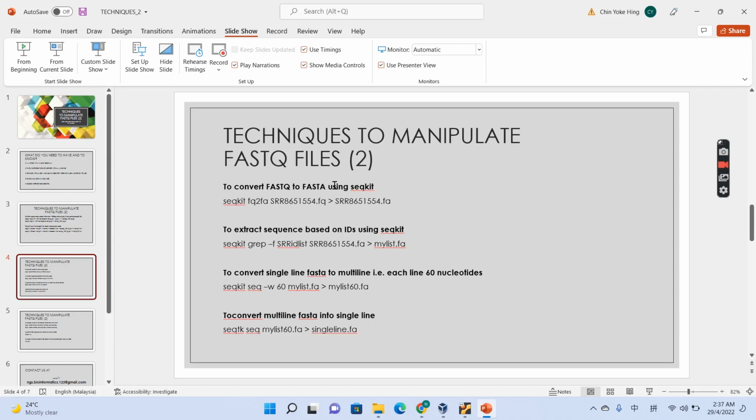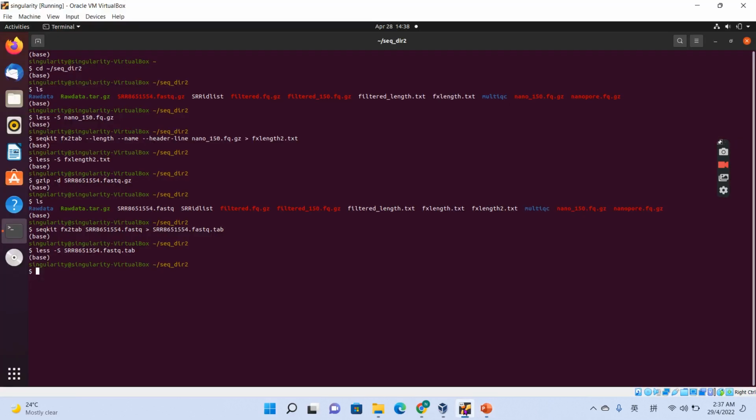To convert the FASTQ file, we can use fq2fa, FASTQ to FASTA, from SeqKit. It's actually very easy. Just type SeqKit fq2fa, FASTQ to FASTA,